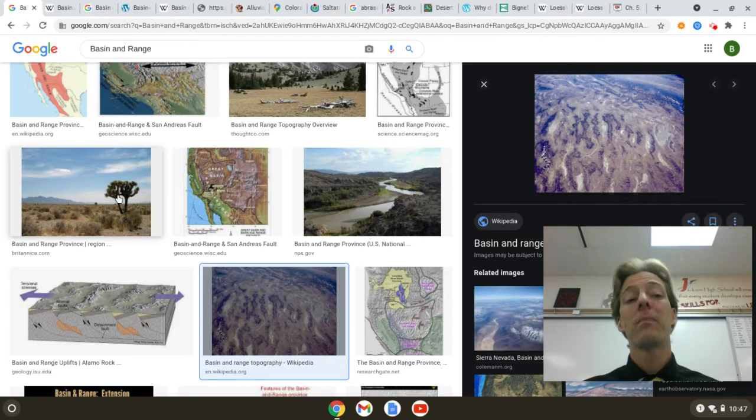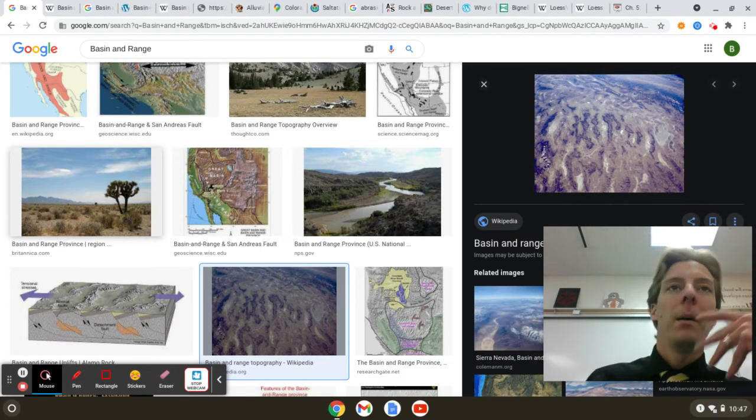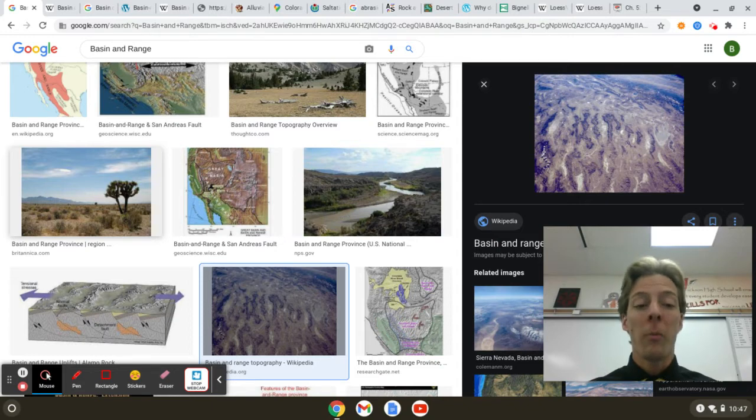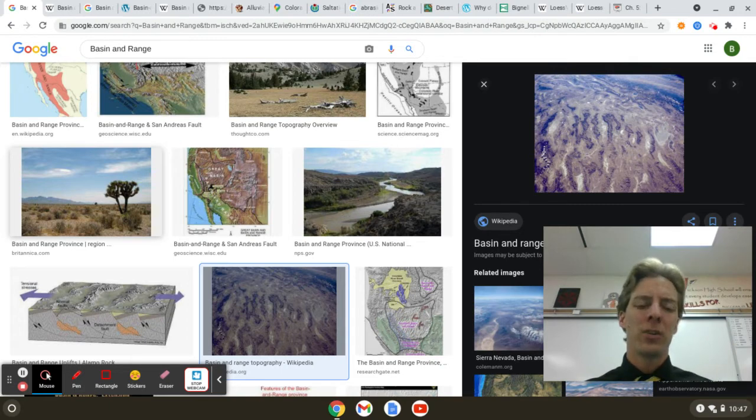Let's see. Basin and range. All right. Basin and range is an interesting description of what's going on. There's like 200 small mountain ranges in our southwest up through the Colorado Plateau. And they're interconnected, and there's this low area that separates these little bitty short ranges. And it's a different type of topography from lots of different spots on the earth.